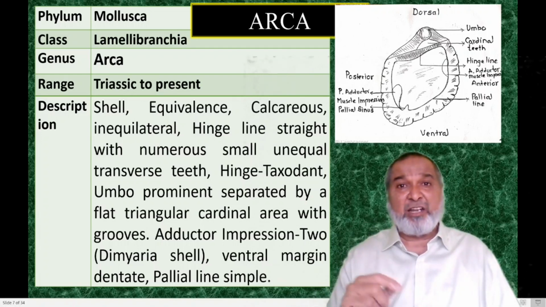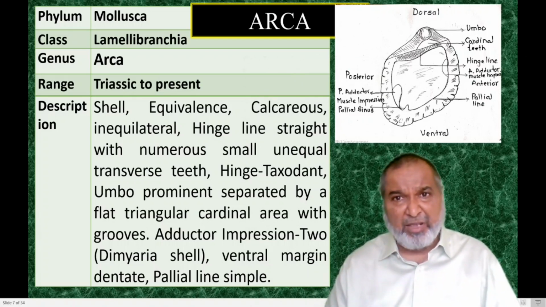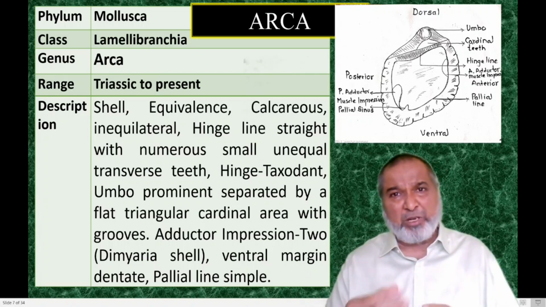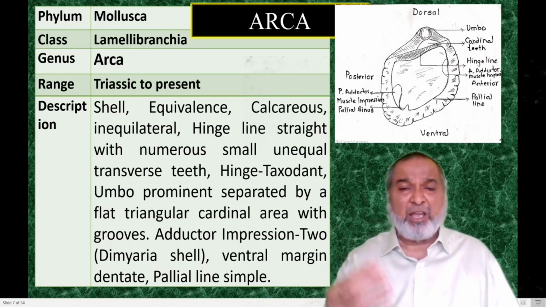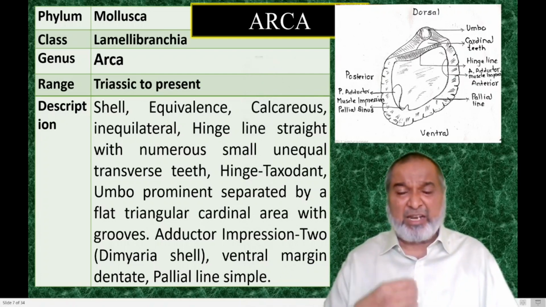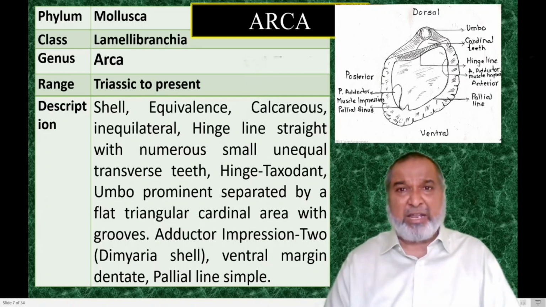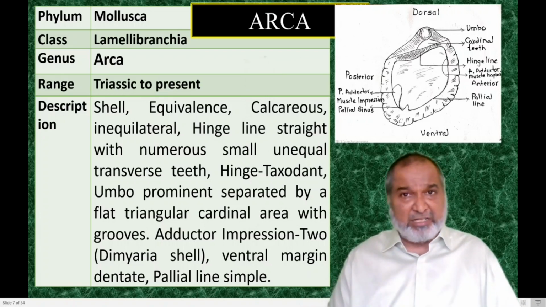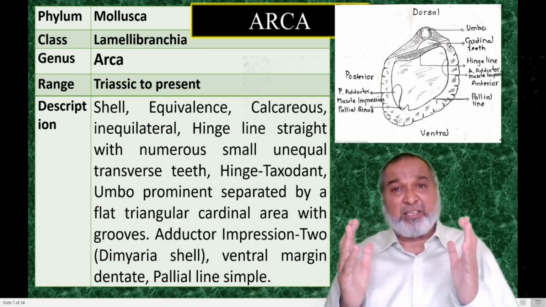These are the shell, which contains, whatever its original composition, whether it may be calcite, normally it will be calcium carbonate, and slowly it is deposited by the sediments. It is reacted with the water, and slowly, molecule by molecule, the calcium carbonate is dissolved in the water and carried out, and from the sediment, fine silica is going to replace it. Slowly, it is completely replaced by the silica, but whatever the external and internal characters are there, they have been preserved. Then instead of calling it a shell, we call it a fossil.